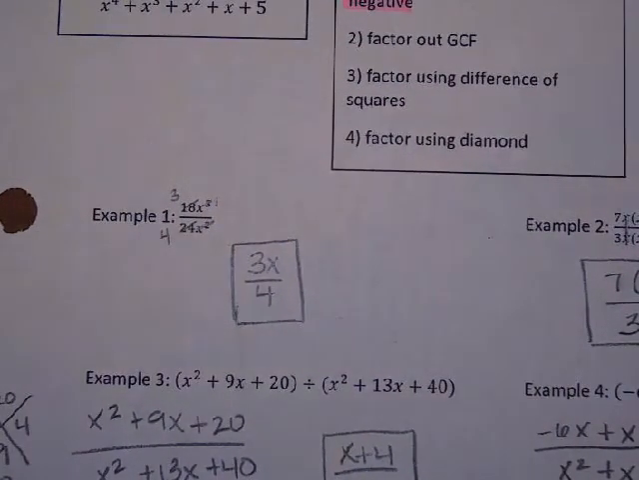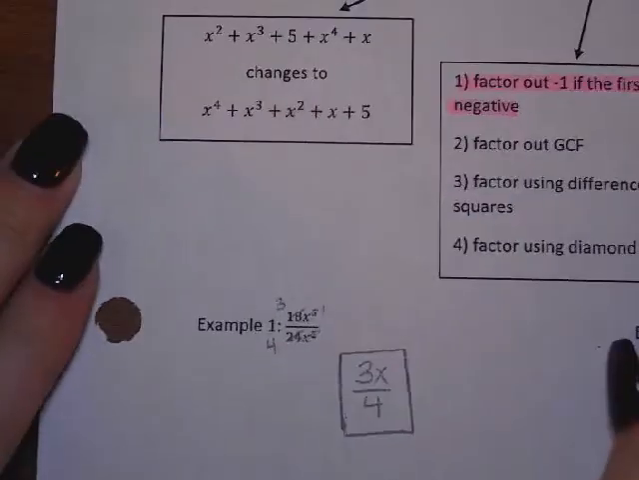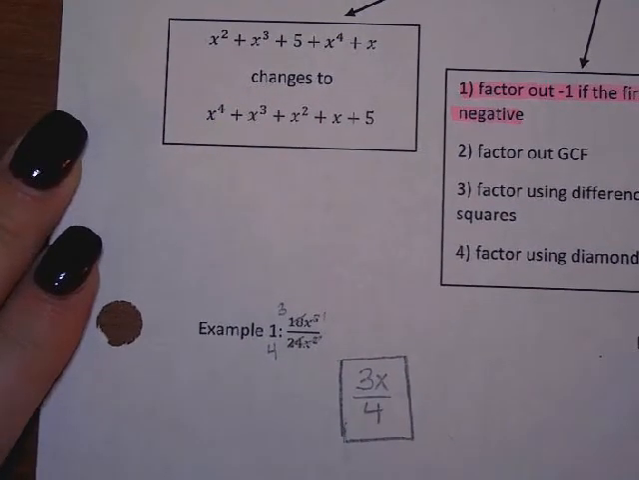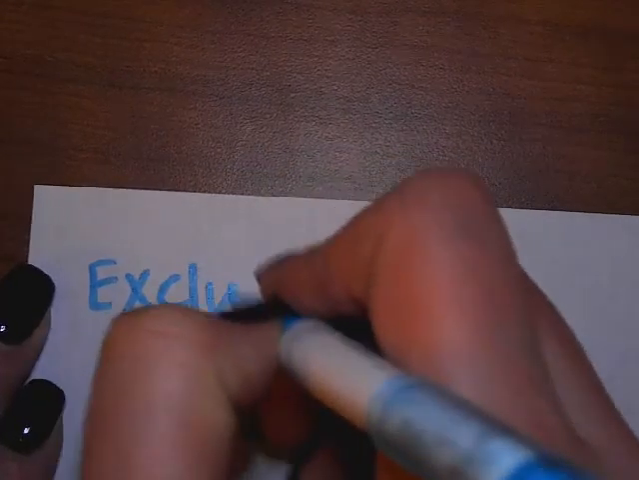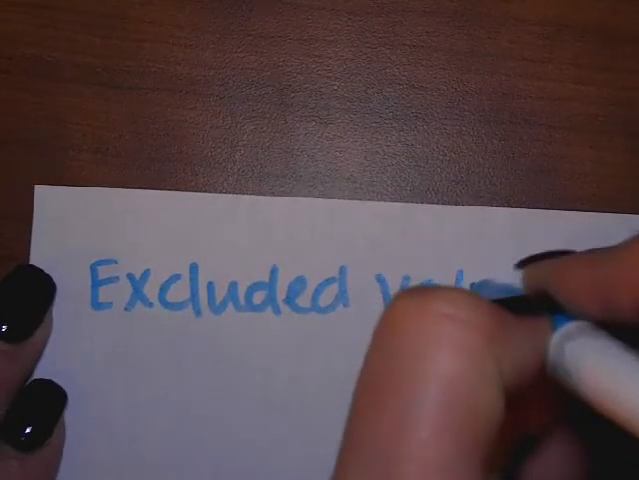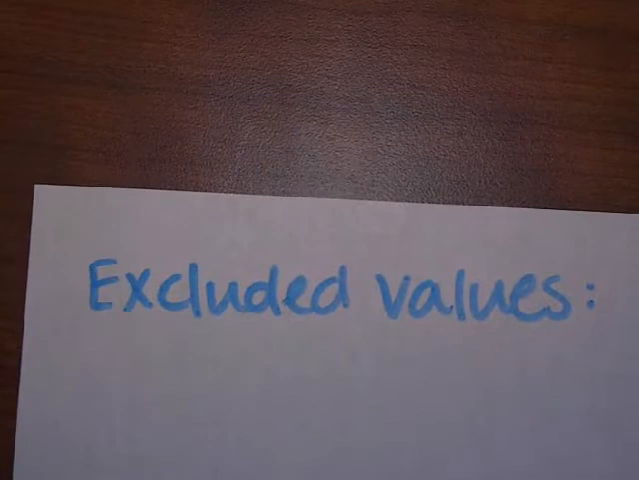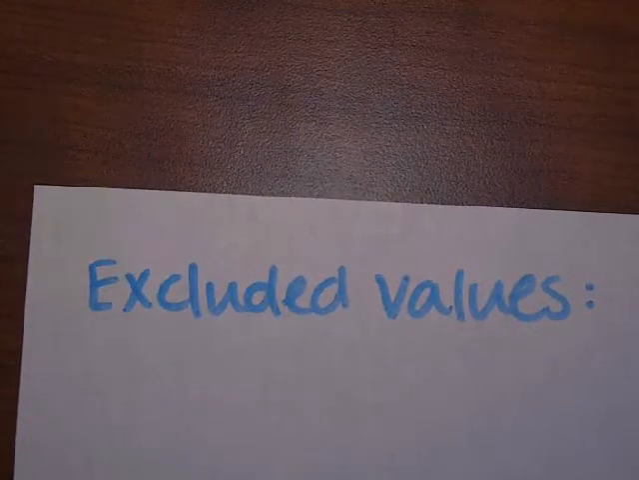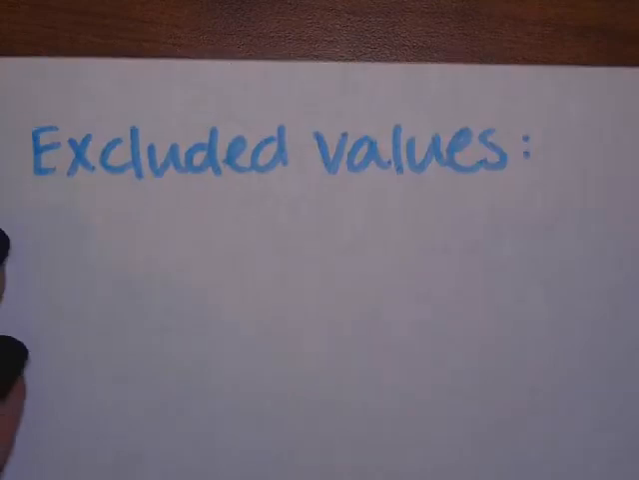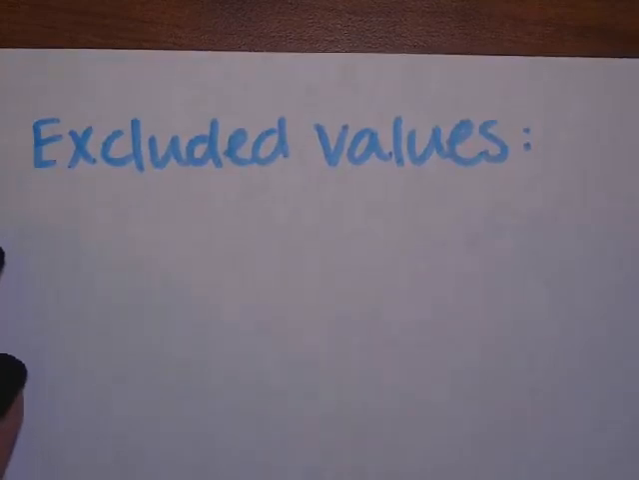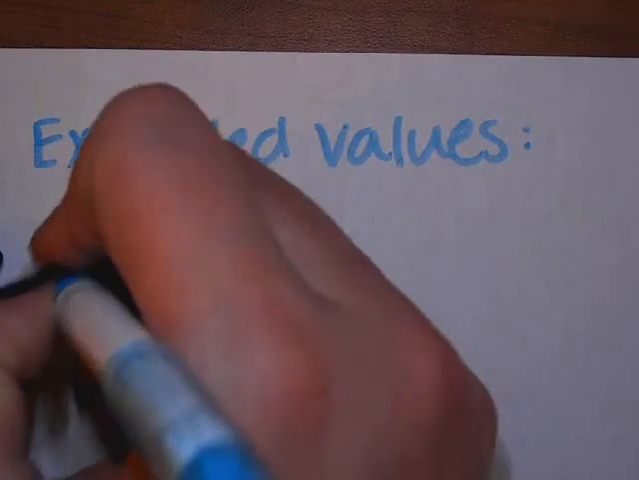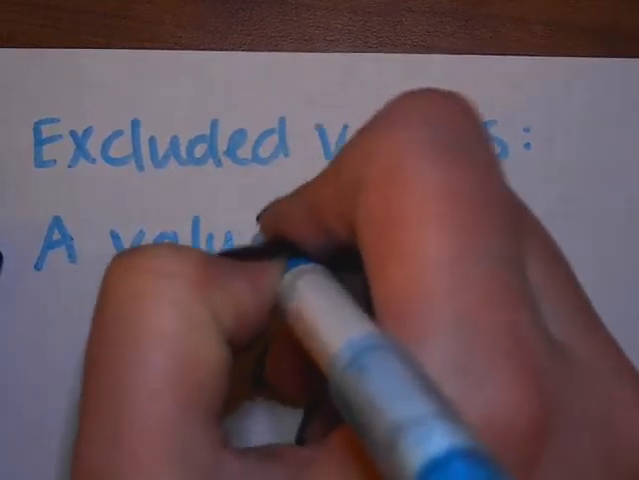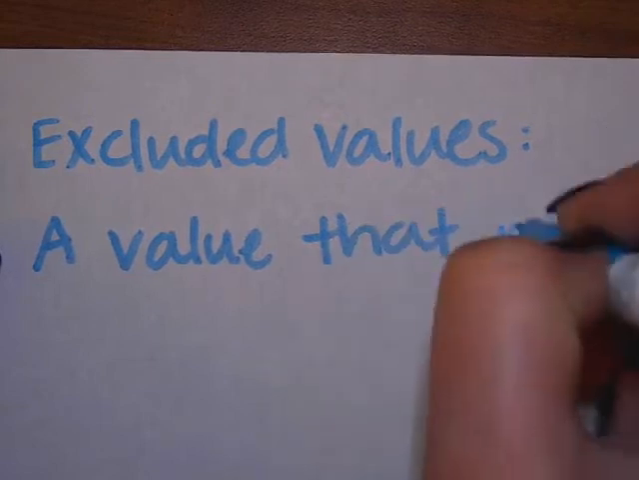All right, so we are going to add this to our notes, okay? You can write this on the front or the back. I'm going to go ahead and write it on the back. So what we're going to do is talk about excluded values. Excluded values. All right, an excluded value is a value that makes